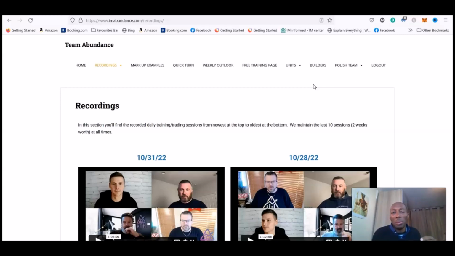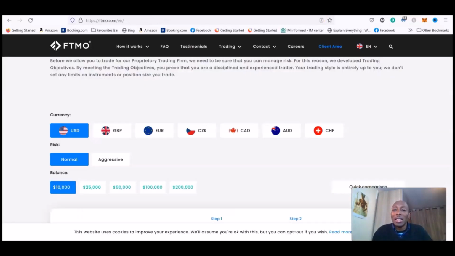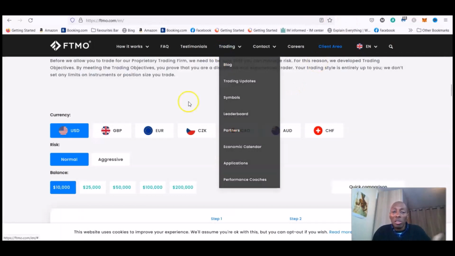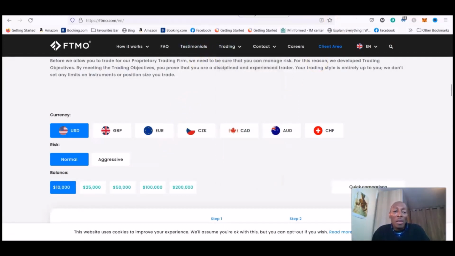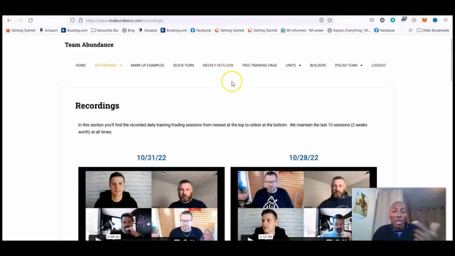That's the bit that's the most important, because I would say this is one of the highest paid skills on the planet. But once you have that skill, then the rest is easy. There are loads of these firms that will just give you money. They'll throw money at you if you pass their criteria.